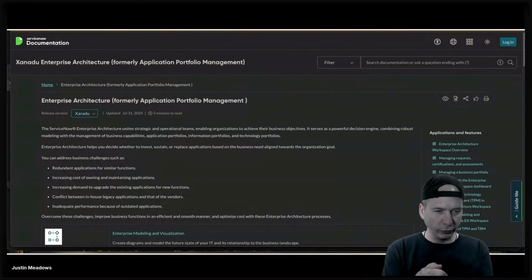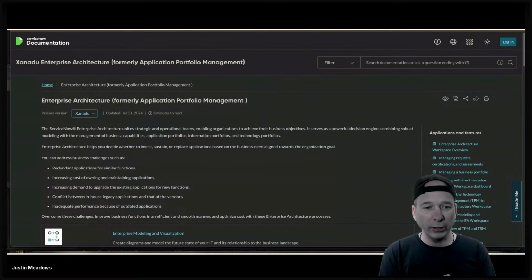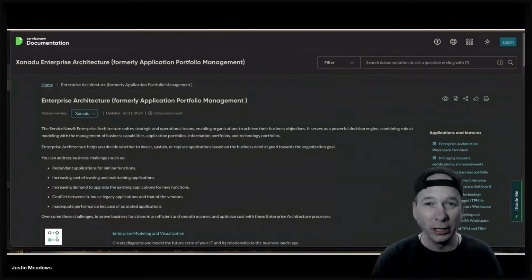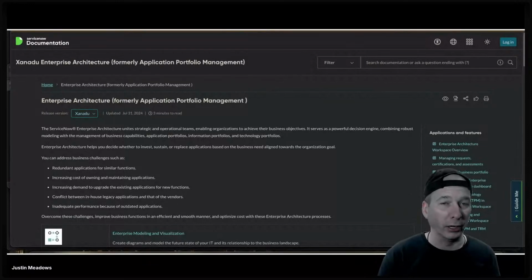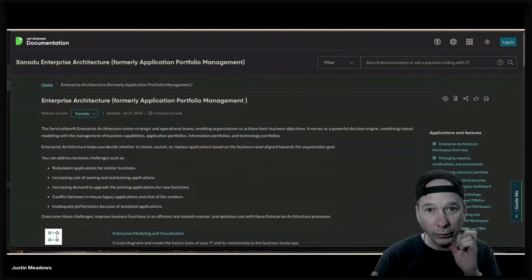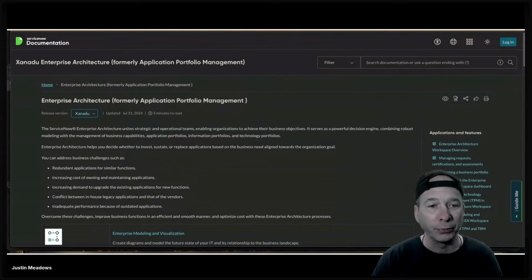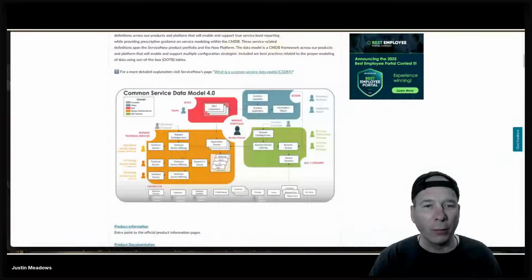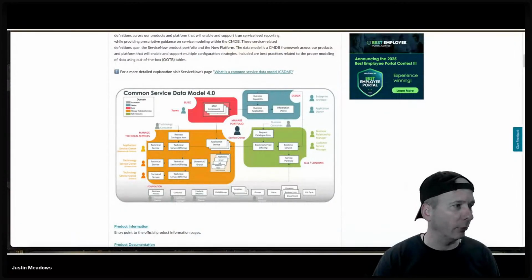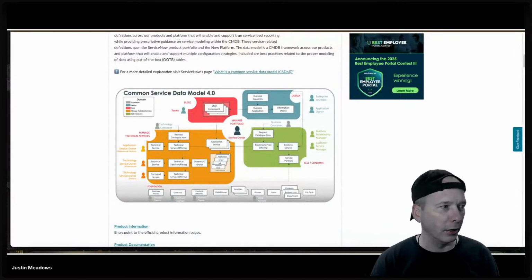So I was talking about application portfolio management. It's what it used to be called, and it's part of, or tightly integrated with, strategic portfolio management, which is ServiceNow's project planning application. You'll see why, as we get into the demo, APM or enterprise architecture found its way there, and it's still tightly integrated. But more importantly than SPM, I wanted to start with what is probably the most critical part of